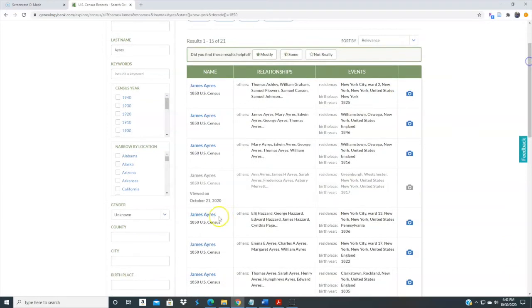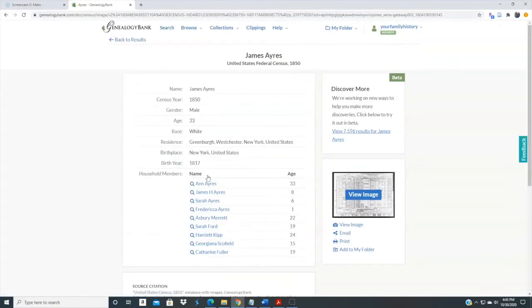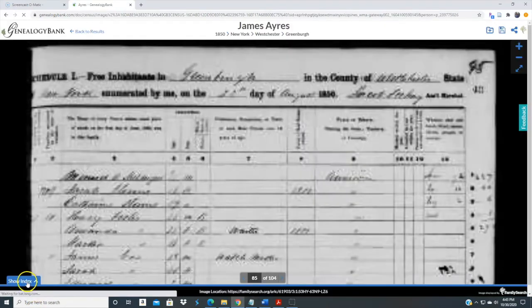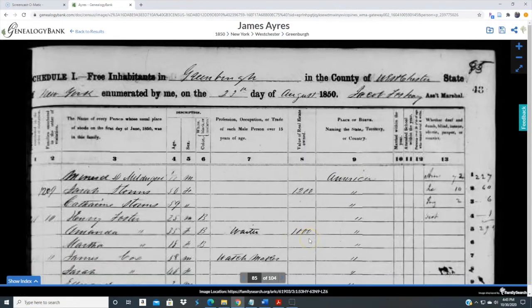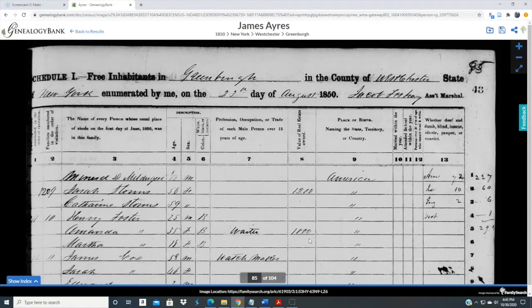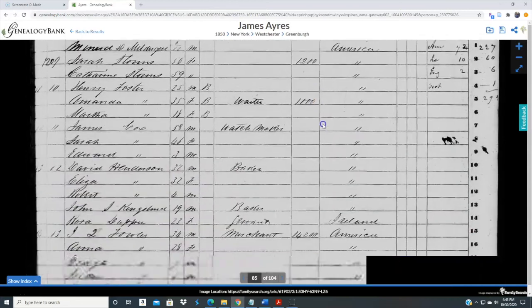So here is this family in our results list. So we'll go ahead and click on that. And what you'll find first is a transcription of what's found in the census. But I want to look at the actual image. And so I'm going to click on View Image. And here it is. This is the 1850 U.S. Census for Greenburgh, Westchester County in New York. And if we scroll down,